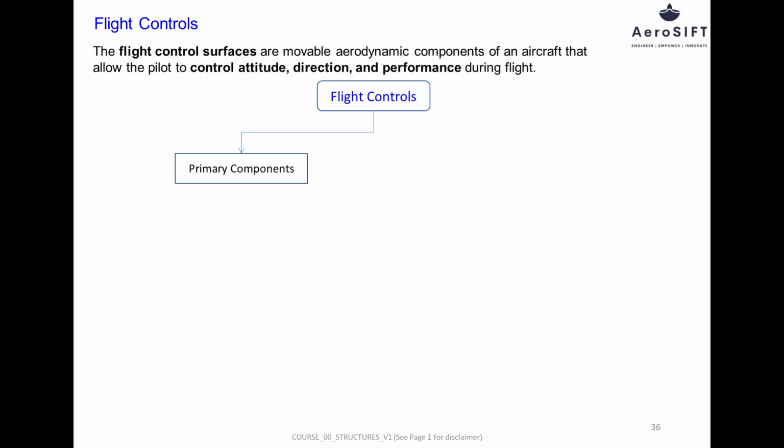Primary flight controls. Primary flight control components are the movable aerodynamic surfaces that directly control the aircraft's attitude and direction about its three principal axes. These components are essential for safe flight, and failure of any primary control surface can lead to loss of controllability. They are designed to withstand significant aerodynamic and inertial loads and are connected to the main aircraft structure through reinforced